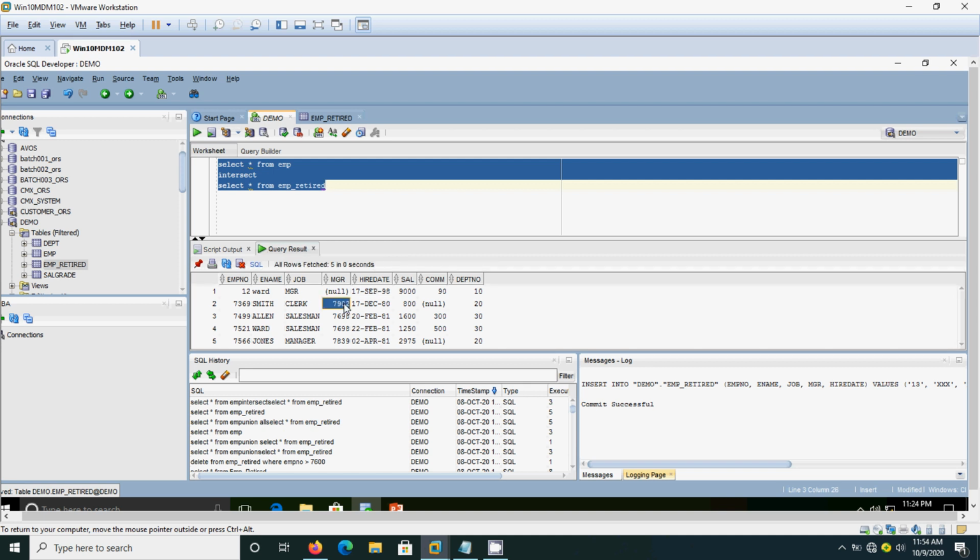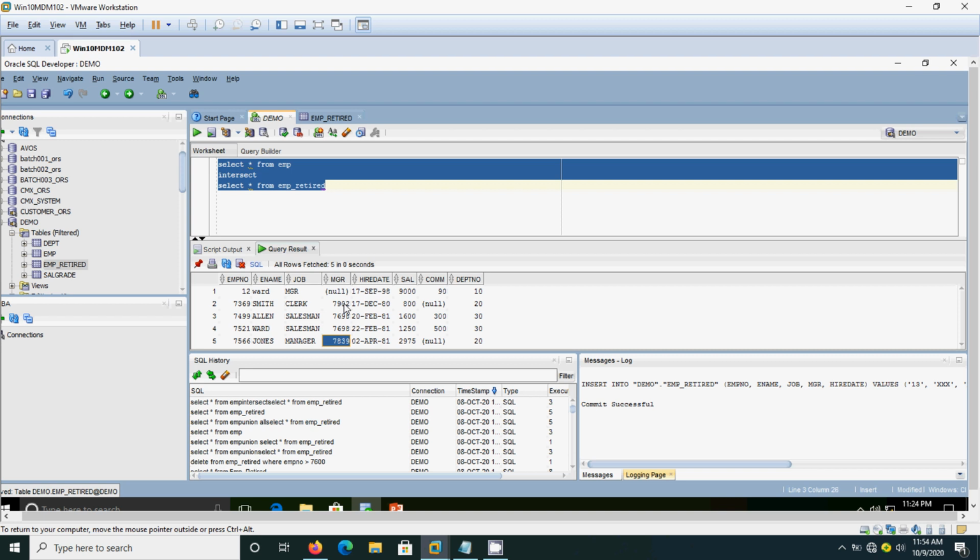I think it will come to around 5 records, because XXX is not available in the employee table. So this is intersect. Intersect is used to display the common records between the two tables.